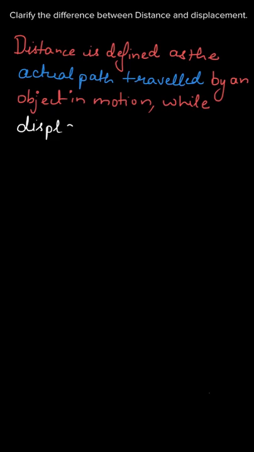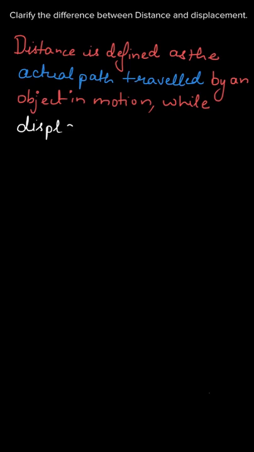So first is the definition. Difference is the definition only. You can see that distance is basically the actual path traveled. It is basically the actual path which is traveled by an object in motion. While when we are talking about displacement, it is the shortest distance. So maybe the actual path may be more, but the shortest distance between the initial and final position,